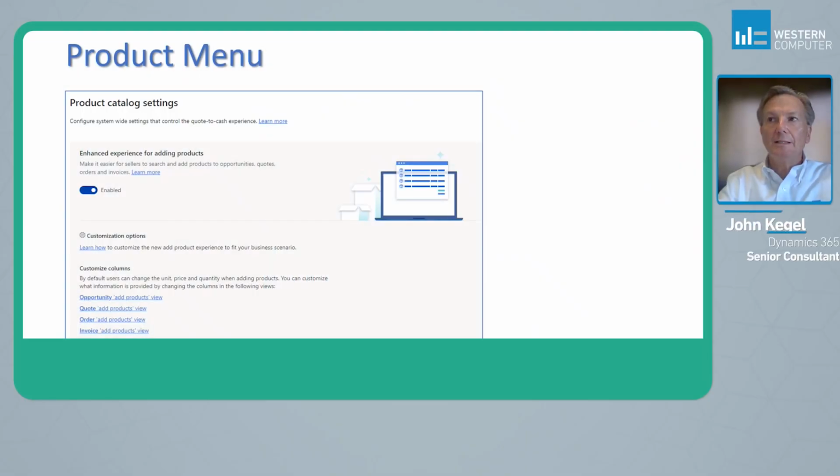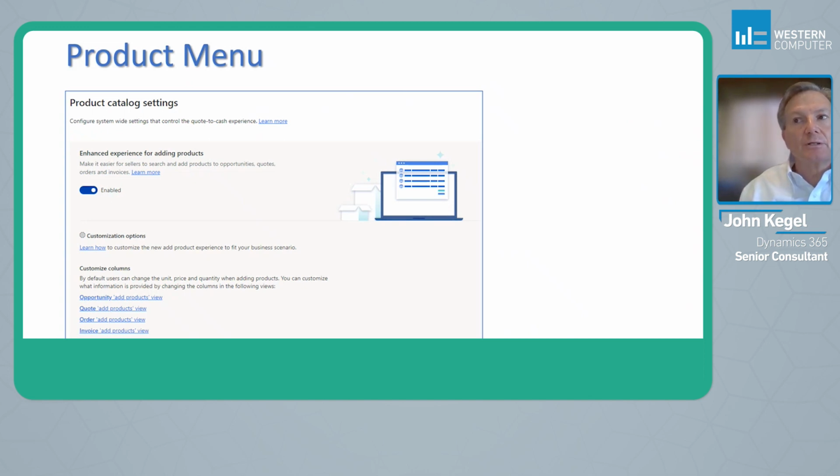The product menu is set up in the interface for administrators. So you would go to app settings and look for these particular settings. The first one that we're looking at is the enhanced experience for adding products. This is for adding products to opportunities, quotes, orders, and invoices, the line items or the details for those